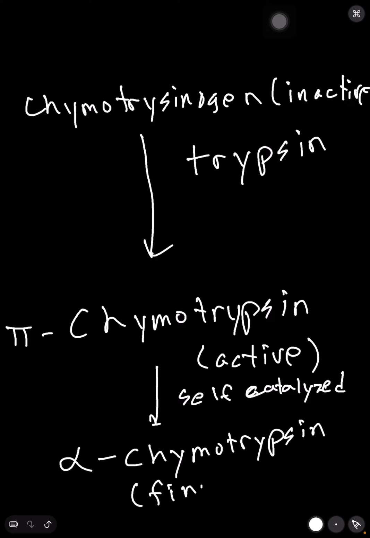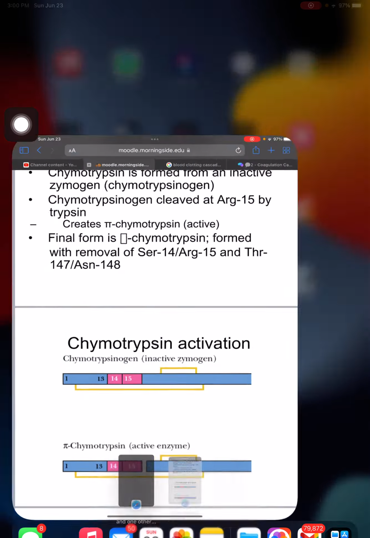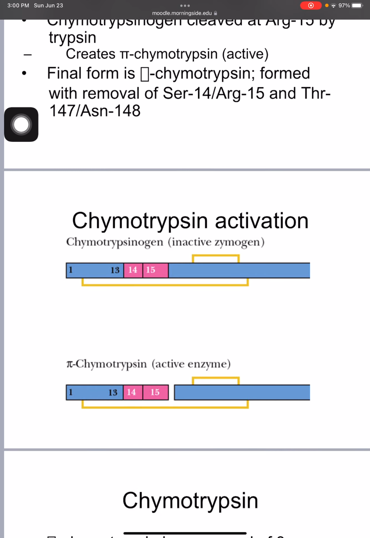And this is the final active form of chymotrypsin. That's the one that actually does the job that I told you about previously, where it likes to help digest other proteins at areas with aromatic amino acid residues. Okay? So, again, if you look back at this picture and you see the full picture, hopefully in your book or PowerPoint,